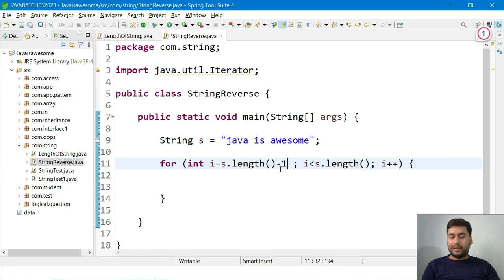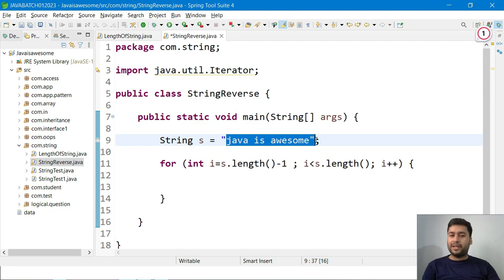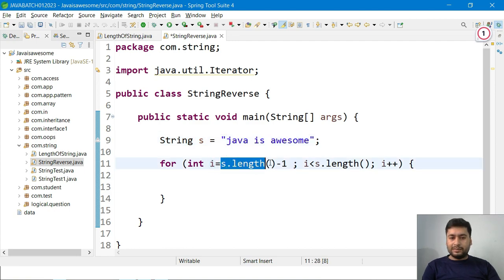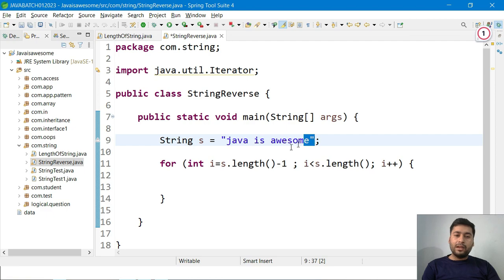What is the length of javaisawesome? It is 15. So right now the s dot length value is 15, and minus 1 means 14. So this e exists at index number 14 internally. So in i it came as 14, so we can fetch the character at index 14